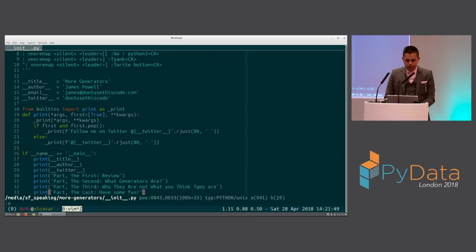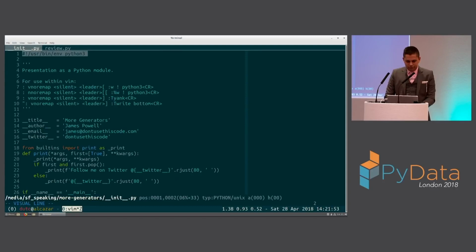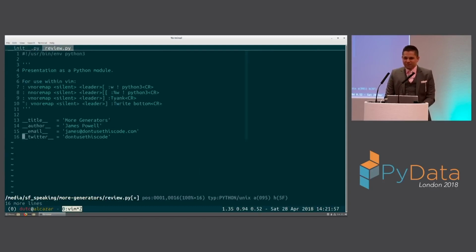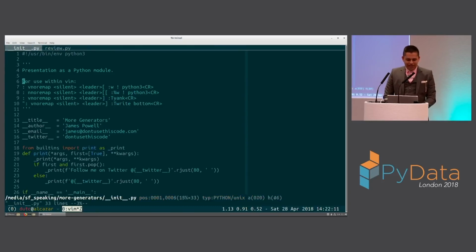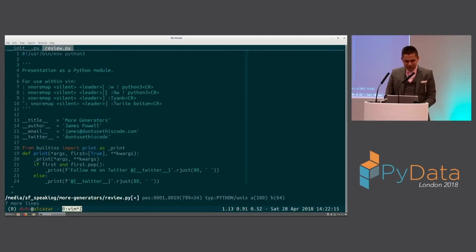So we'll just create a new file called review.py. We'll grab these from the top. And do you want us to grab the print and really actually have us print out my Twitter handle every slide or every print? Okay, good. Neither did I. That's just going to be really tedious. Okay, so let's figure out what a generator is. You really do want me to do that every time? Okay. Otherwise, you might think I'm faking this whole thing. Okay, so there we go. So there's our custom print function.